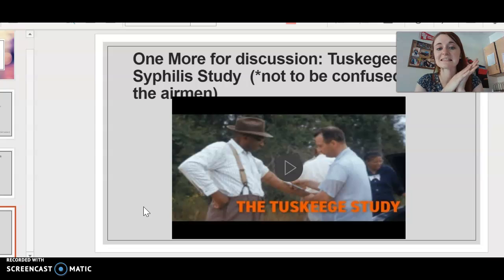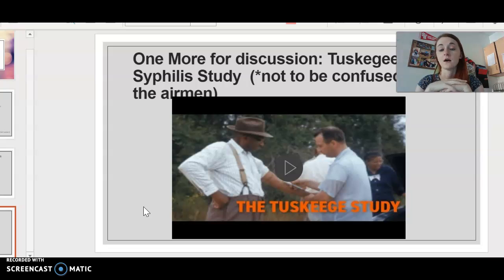This is something called the Tuskegee Syphilis Study. Okay, I think you guys know what syphilis is. It is a sexually transmitted disease. It is one that, if left untreated, will kill you. Okay, and basically in 1932, and this is the most horrifying part of this, or actually one of many horrifying things about this study. From 1932 to 1972, the American government established a study in Tuskegee, Alabama, where they took poor African American males